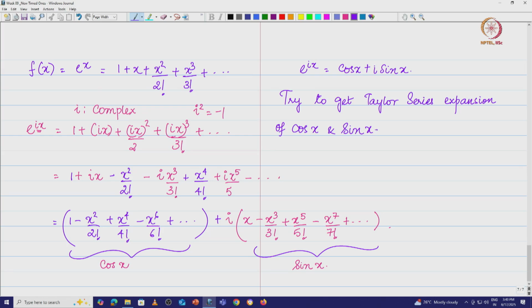You can evaluate the function at x equal to 0. So basically it is the Maclaurin series you are trying to find out. Taylor Maclaurin series, let me put. You can evaluate this at x equal to 0 and you will arrive at the same thing that we put here, cos x and sin x. That is pretty interesting. So we also looked at the generalized Taylor series expansion.